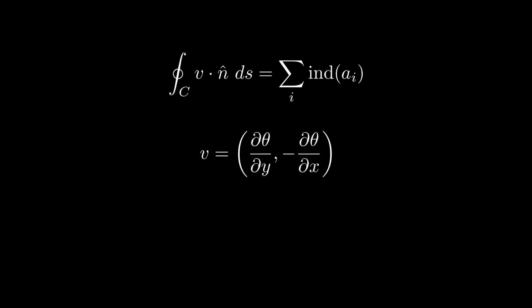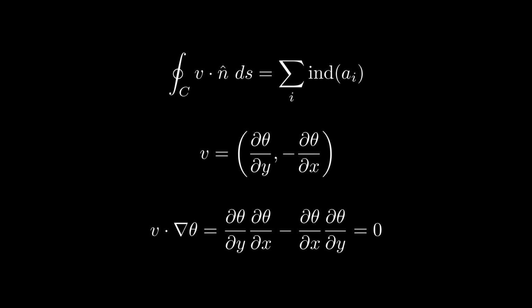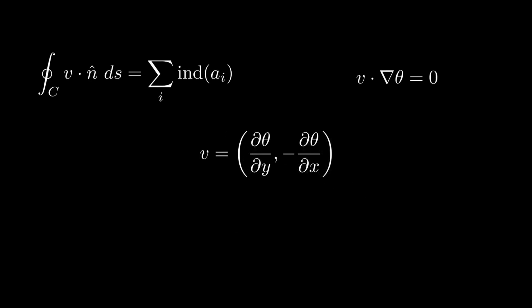Namely, is the magnetic field direction constant along its streamlines? This is easy to check. Such a vector field will be orthogonal to the gradient of theta, which we see to be the case. Because of this property, we call this vector field the isotrope field, from iso meaning same, and tropos meaning way or turn. The streamlines of the isotrope field, the curves along which the direction of the magnetic field is constant,